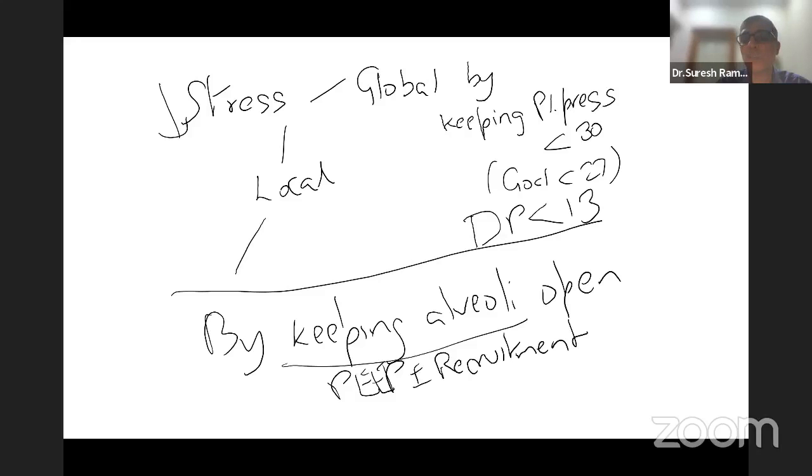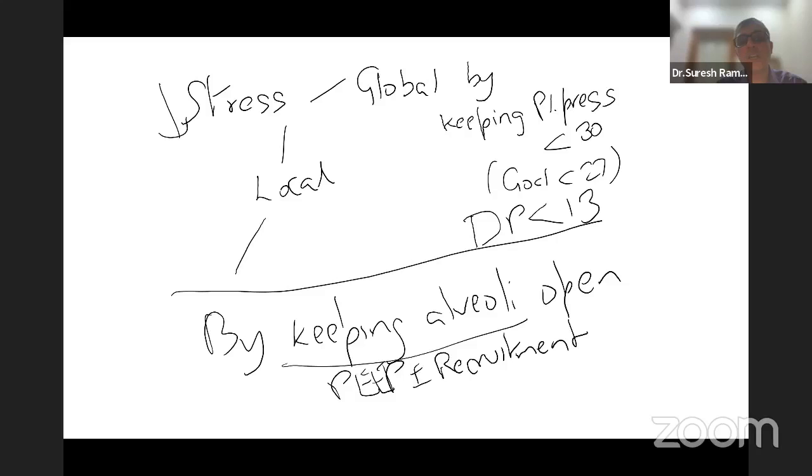So if you ventilate somebody and increase the mean airway pressure by either increasing PEEP or tidal volume, and your driving pressure is low, it is not harming the patient. But we know that beyond 8 ml per kilogram, it will harm the patient. So we don't want to go beyond that, but PEEP or mean airway pressure can be increased as long as your driving pressure is less than 13. That basically tells you that whatever PEEP or higher mean airway pressure we are using is not dissipated into the open alveoli, but is spread across the lung, and this is going to be a global marker.